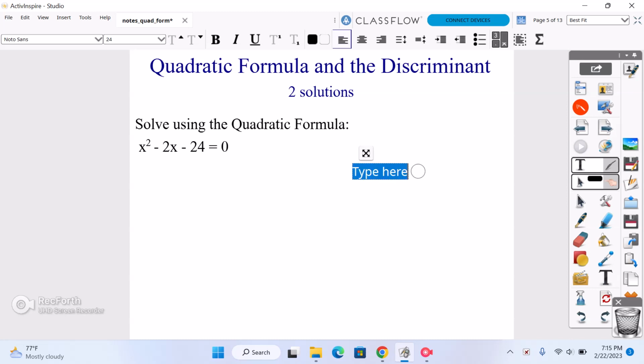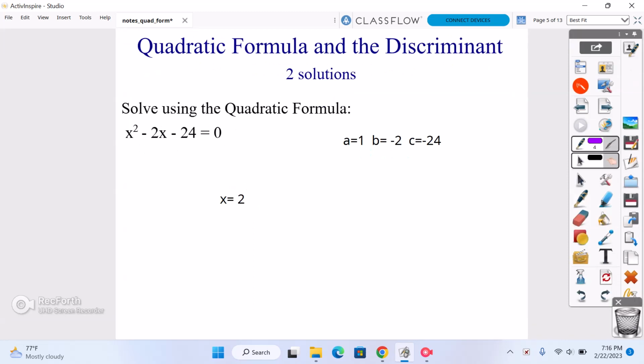So when we look at the first example here, we have x squared equals negative 2x minus 24. We know that a equals 1, that b equals negative 2, and that c equals negative 24. So it's important to keep the negative signs with the b and with the c term. Okay, so now we know that x equals negative b, but my b is already negative, so I'm going to make that a positive 2, plus or minus